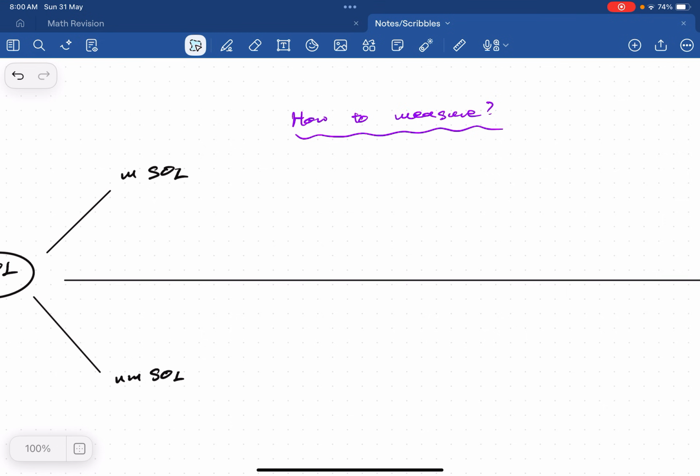Measurement. So hopefully, once you get the fundamentals right, once you learn how to write, because SOL is a topic that has a lot of fluff in it, you need to know how to turn that fluff into rigor so that you write an econs essay instead of a GP essay. Clear? So, how do we measure